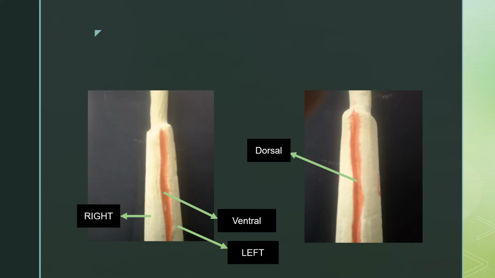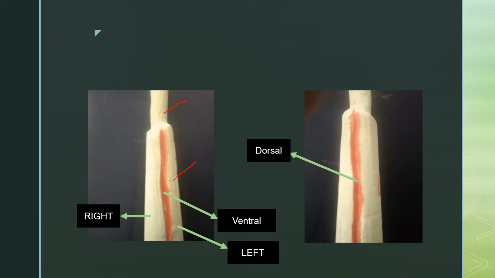Imagine this is the esophagus, and this one is the fusiform dilated part of the stomach. In the stomach you have the ventral border which is marked here, and the dorsal border which is seen in the posterior. In the meantime we are able to see the right surface and left surface. So we can mark out the ventral border, dorsal border, right surface and left surface.